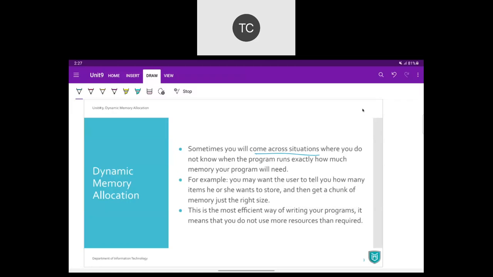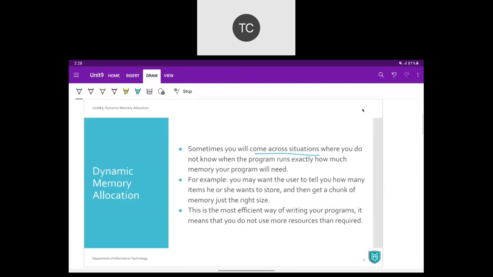But when we are writing our program, if we are using an array, then we need to give a size for that array. We need to define the size of the array when we declare the array variable. So what we do is we declare an array of size, let's say, 50, and then we complete our program and we run it.